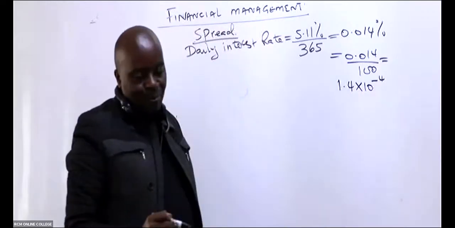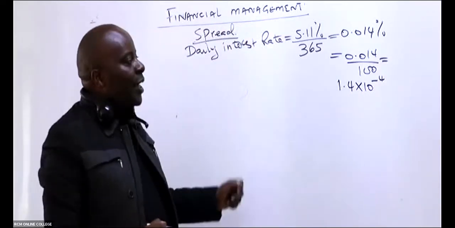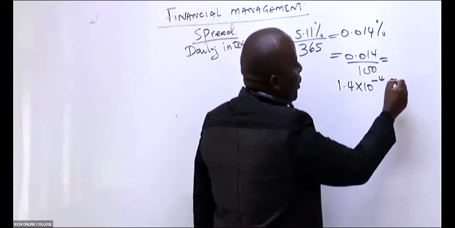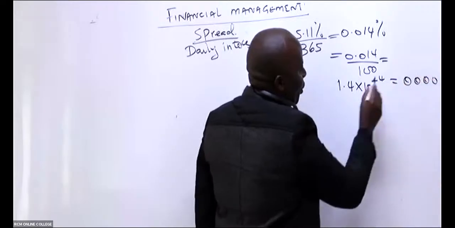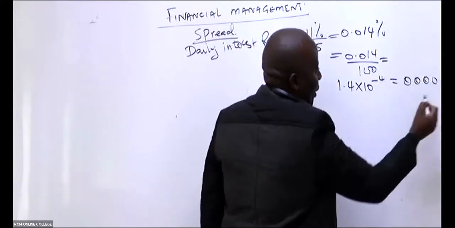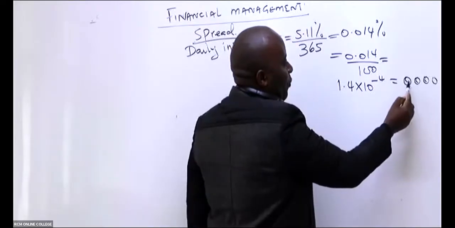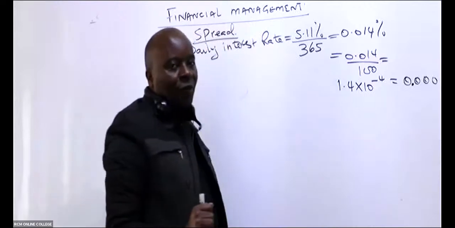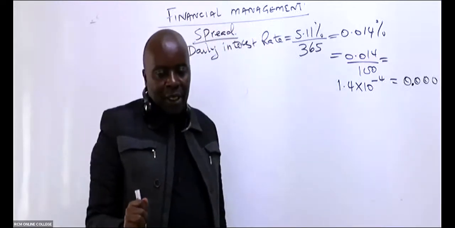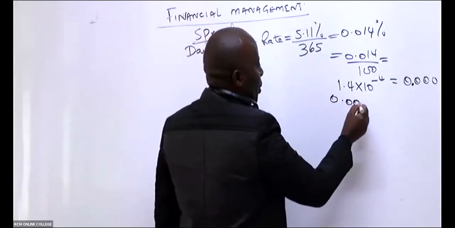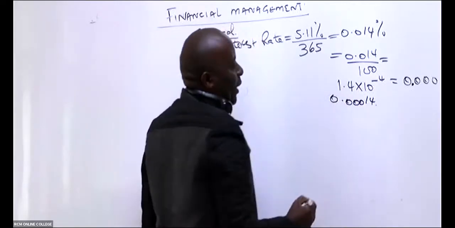Standard form. So when they give you this in standard form, what did you do in high school? You were told you count 4 zeros, this negative 4, zeros. And then write this number, 14. And then in between the first 2 zeros, you put a decimal. So we have here 0.00014, like that.